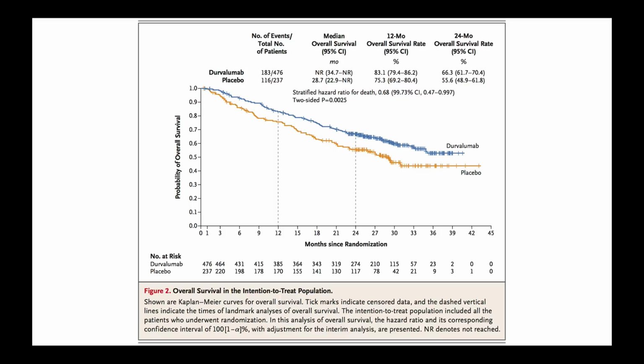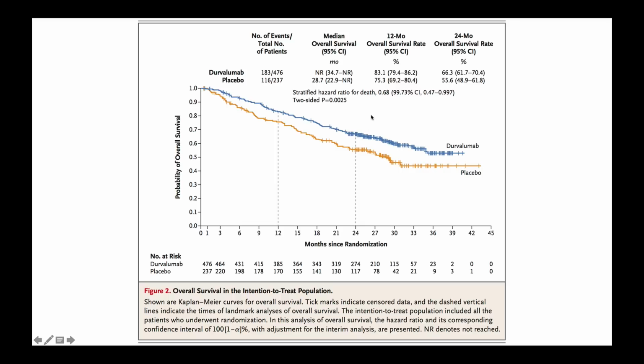And so let's take a look here. On the y-axis, the probability of overall survival, and on the x-axis here, it's months since randomization. So 12 months, 1 year, 24 months, 2 years. And looking at these water slides, you would probably not want to be on the more steep water slide, which